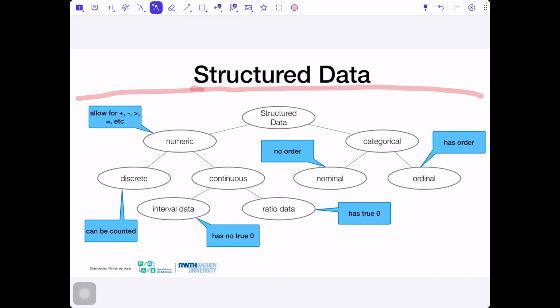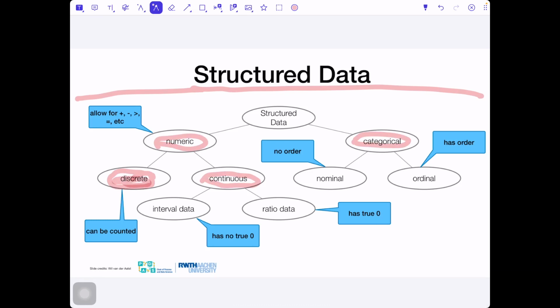as you can see in these slides. So we can split the structural data into numerical and categorical. And we can further refine this. You should be able to explain what you can see in these terms. So the numerical data can be further split into discrete and continuous. The discrete data is nothing else than what can be counted.